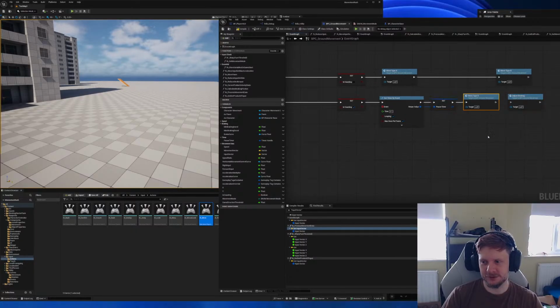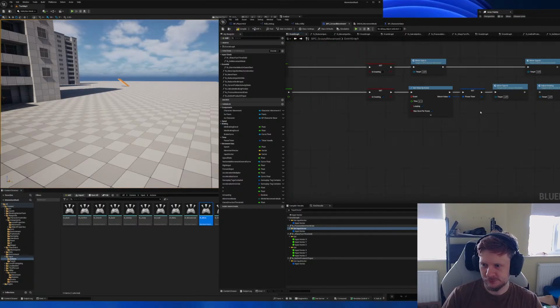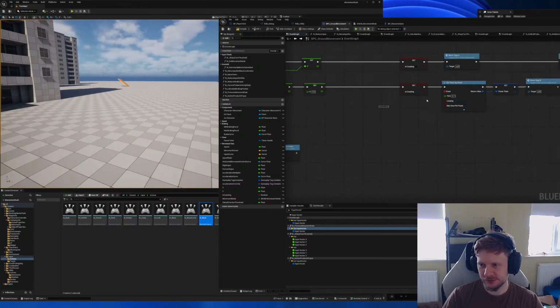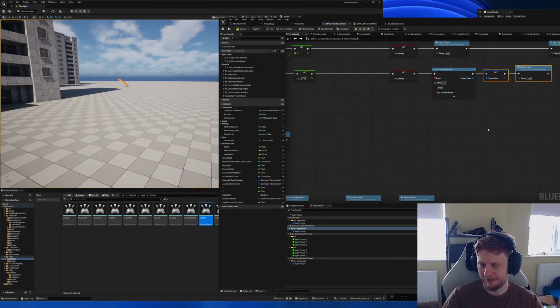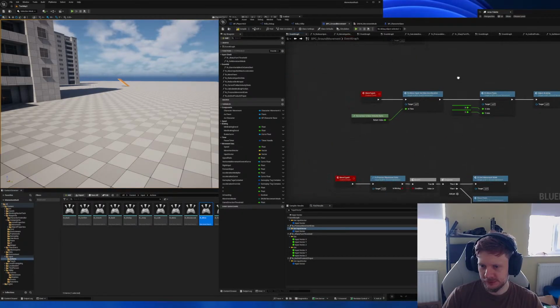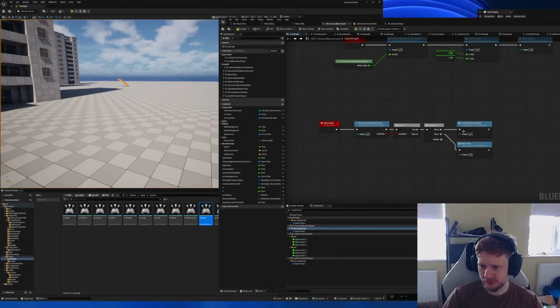Oh yeah, it is. Okay, on release, it will set these values to 0. And then in coasting,